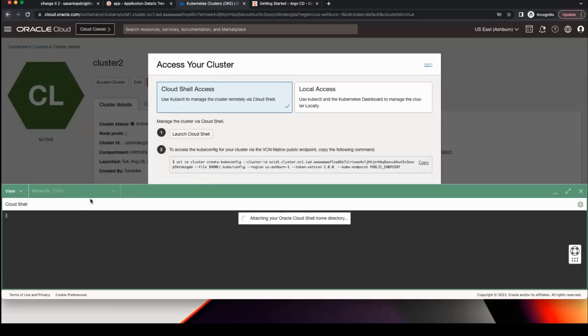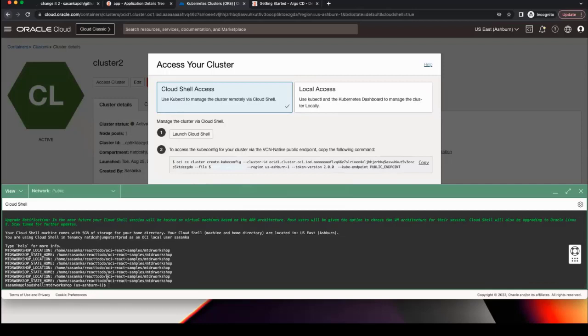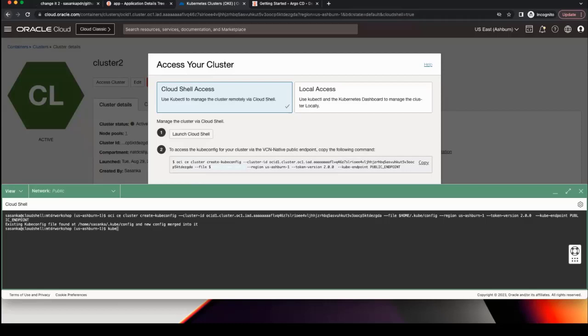This is a very quick way you can access your cluster. So you can copy this cluster kube config file. It will automatically create the kube config file in the home directory, and you can access the Kubernetes cluster. So right now I created the master node as public and the worker nodes are private. So if I clear this one, I'm going to connect to the Kubernetes cluster. So if I run kubectl get namespaces,